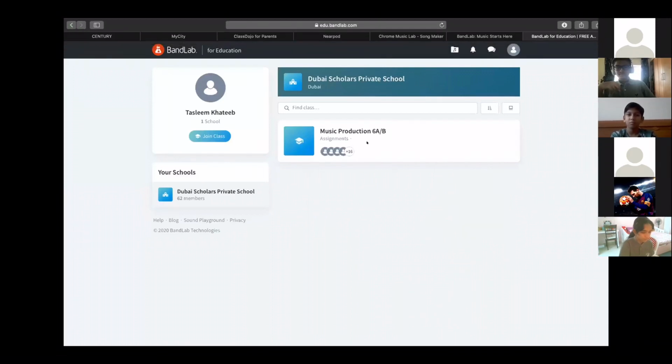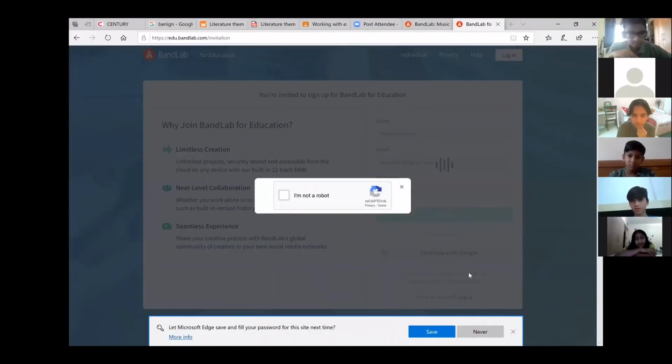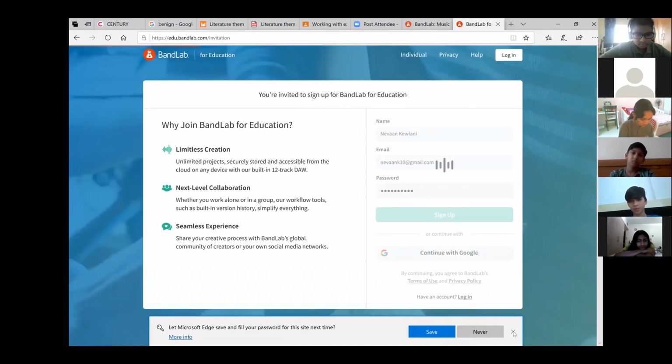Everyone just make sure you reach the same point. Please write down the username that you have used. It's showing this. Yeah. So click on I am not a robot. There is a tick mark. Okay. Done. So should I save the password? Yes, please. Save password, save email, save everything.